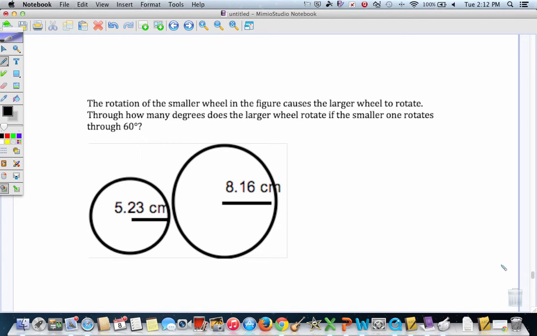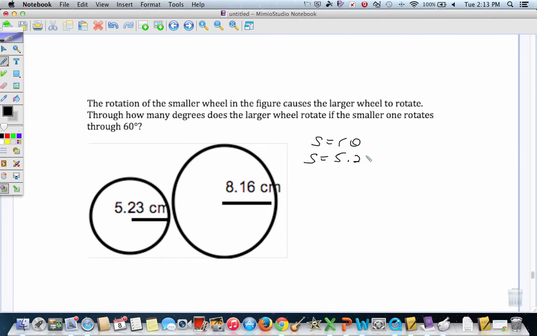Rotation of the smaller wheel in the figure causes the larger wheel to rotate. Through how many degrees does the larger wheel rotate? The smaller one rotates through 60 degrees. So this wheel here is making this one turn. So they're connected here, kind of like a pulley system or gear system, I guess I should say. So I'm going to find out how far the first one travels by saying S equals R times theta. And once I have that distance, I'll know how far the second one traveled, and I can work backwards to